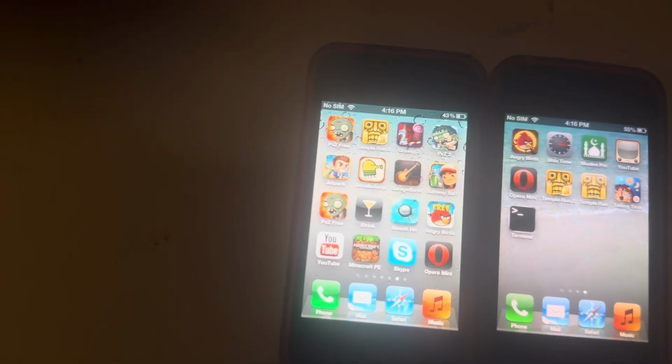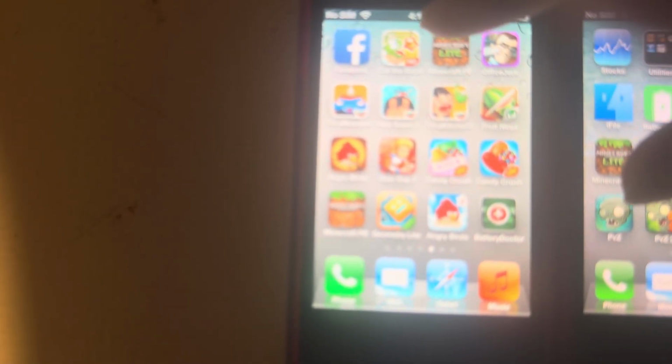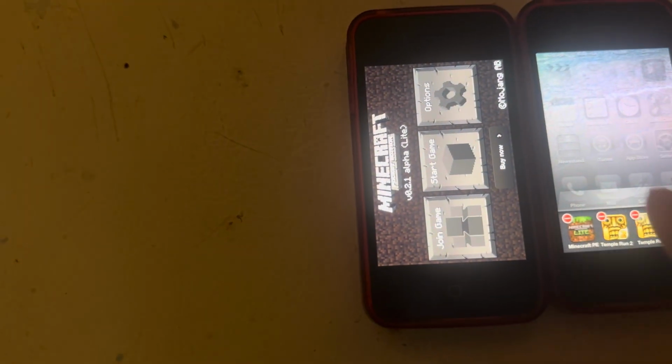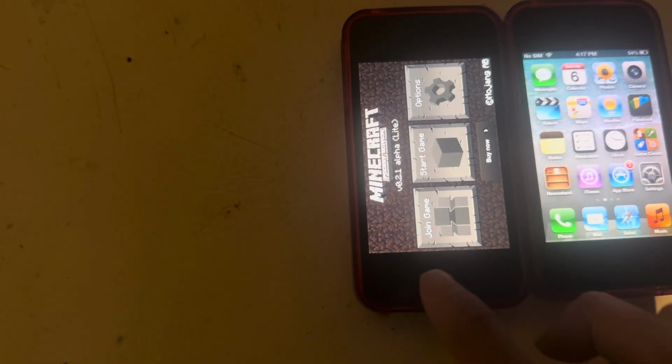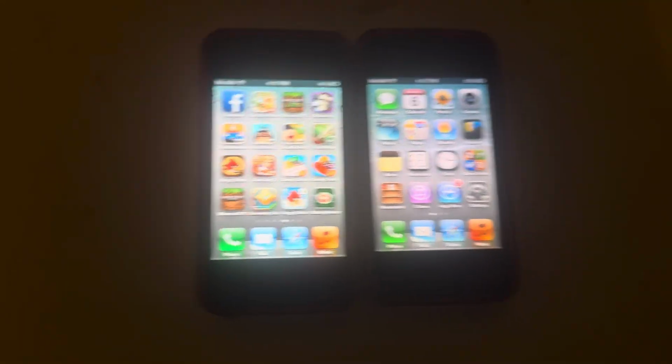Okay, let's try Minecraft Lite here. Let's try Minecraft Lite, because that's a very legacy version. Oh my god, okay. I'm sure many people who are nostalgic towards Minecraft PE probably want to see this, because their newer devices can't run Minecraft Lite, because it's a 32-bit app. It hasn't been updated since